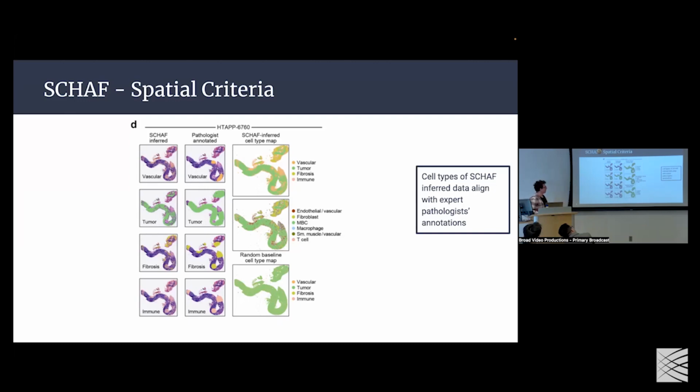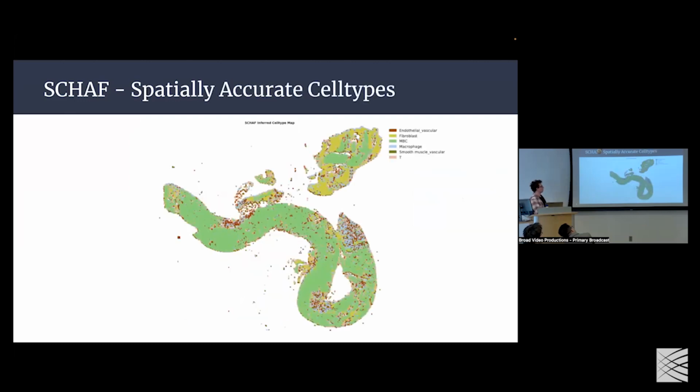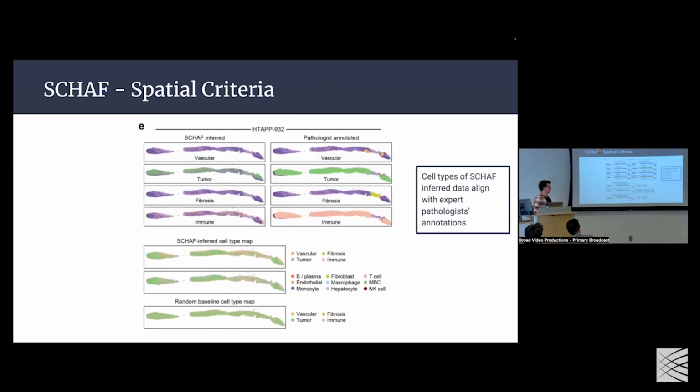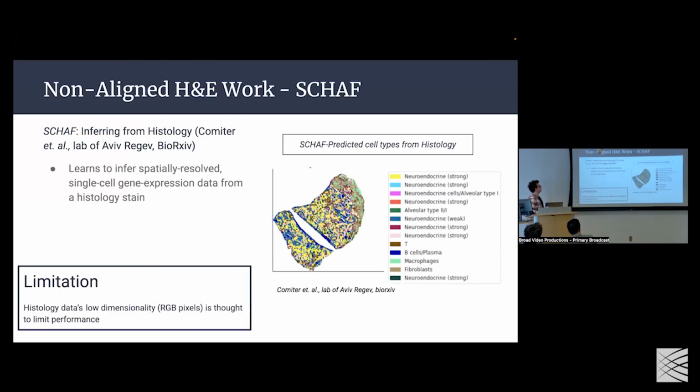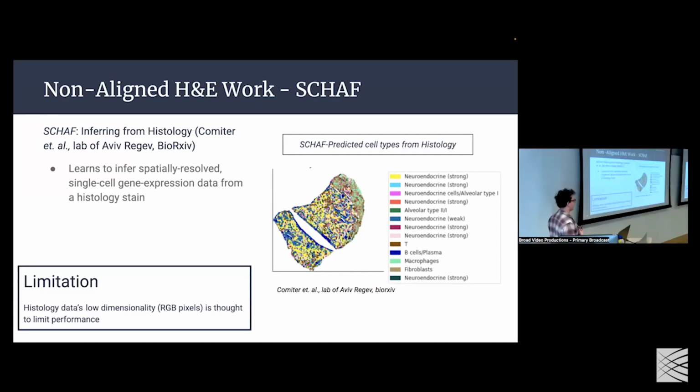We could do this for another tissue too. It looks a little bit prettier, if you ask me. This tissue reminds me of a snake almost, but this is closer up, showing what the spatial visualization of cell types as predicted by SHAF looks like. We do it for another tissue here. I'm not going to dwell on this for too long because it's more or less a repetition of what we saw before.